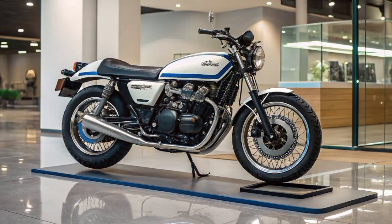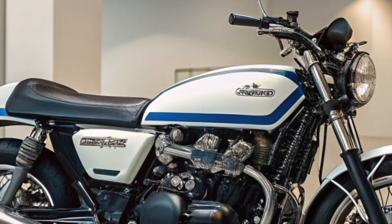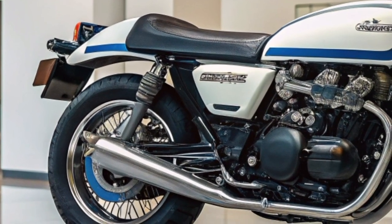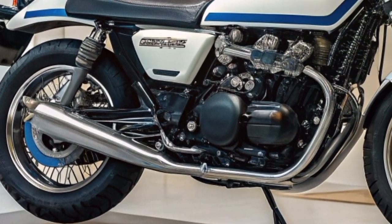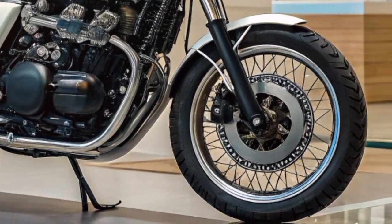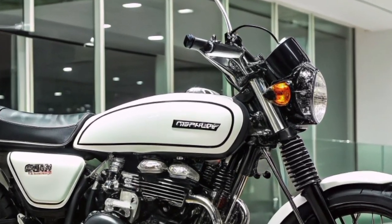When you first see the Kawasaki S2 Mach II 350, its styling immediately reflects the era it was born in. The design is simple but aggressive, with a slim fuel tank, chrome fenders, and a long, flat seat that comfortably accommodates two riders. The twin-shock rear suspension and conventional telescopic front forks fit perfectly with the early 70s vibe, while the instrumentation was straightforward, offering just the essentials: speedometer, tachometer, and a few indicator lights. Kawasaki made sure the bike didn't look overly flashy, but it had an undeniable presence that made it stand out